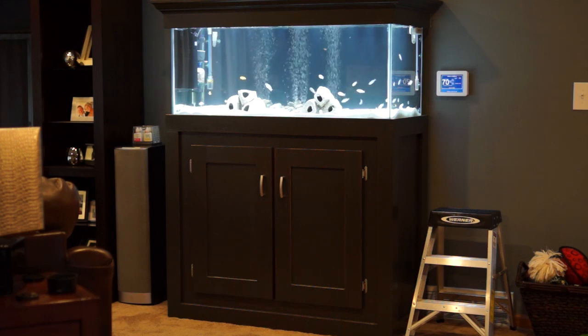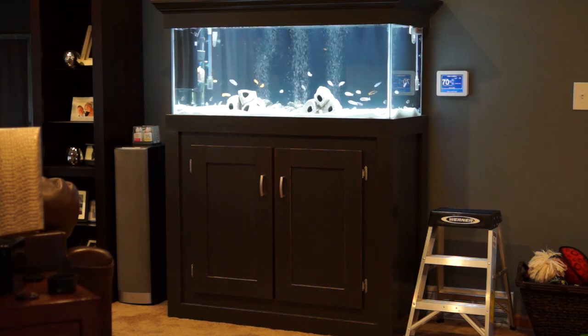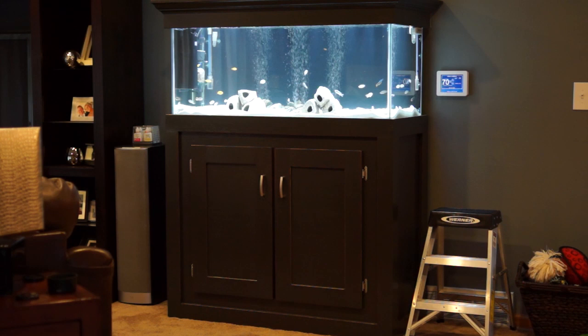Apologies if anything's out of focus. I've never recorded a video before using this camera, so I'm struggling with audio, and I'm struggling with getting the thing to focus, so it's going to take some playing to get it to work. But anyway, today I want to talk about how I got my fish that are in this tank, what my experiences are ordering things online,